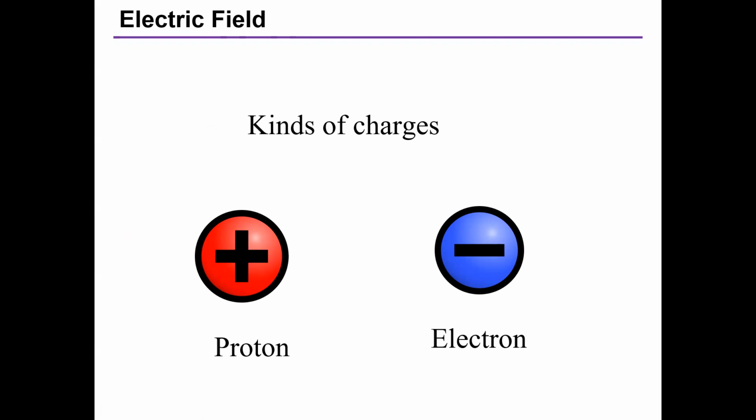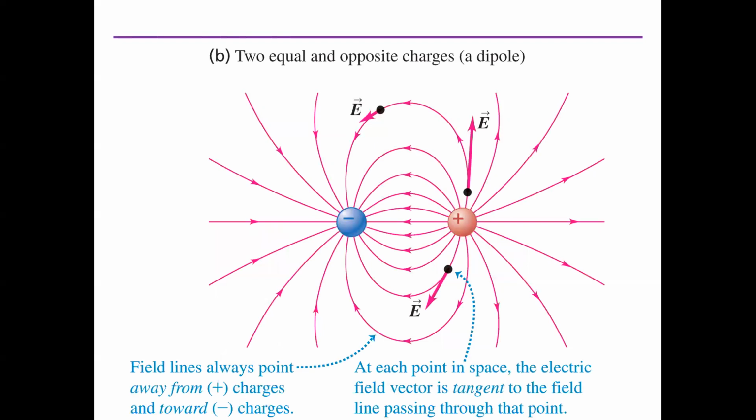Wherever you have electric charge, whether it is positive or negative, there will be an electric field associated with it, around it, that we call electric field. It is not visible, but there is some kind of effect, some kind of force around it that we call electric field. So to represent that electric field, we have to draw some kind of imaginary lines that we call